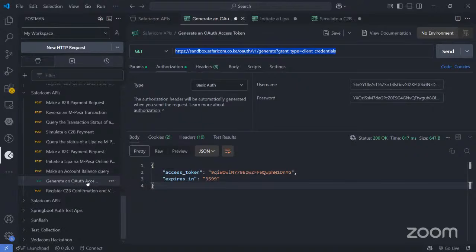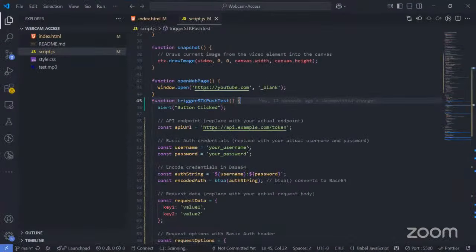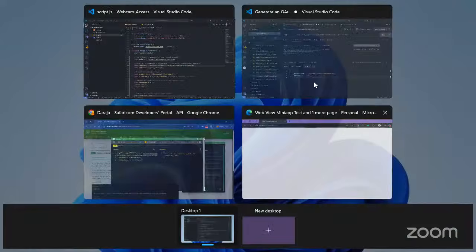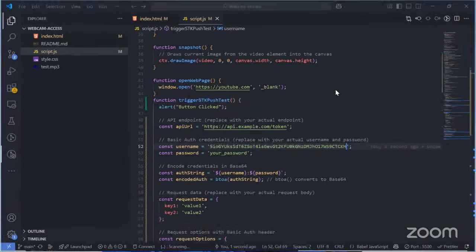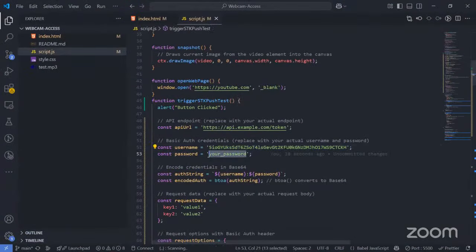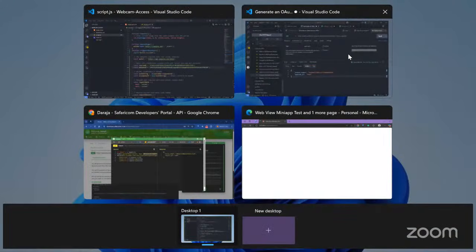So now this generate auth token, remember it was using basic auth, and this is my username and this is my password for my test sample. So I can copy it. Okay, so I'll replace the username here. Okay, and then for the password, let me copy this and replace here. Right, and then our endpoints. So as you can see,